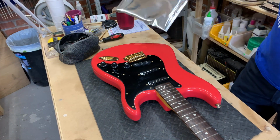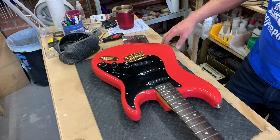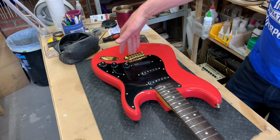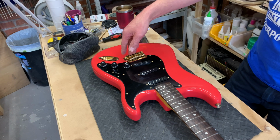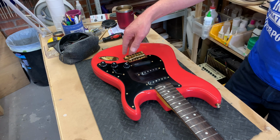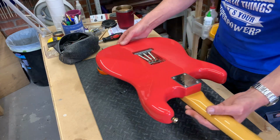Right, we've got a fresh pack of strings. I think these are Rotosounds brought by the owner. And the first thing we need to do is block the tremolo. This is so we can get it into a neutral position, and then when we set the guitar up, we can make any final adjustments later to get it back to where we know that everything is set up as it should be. So to do that, flip the guitar over,